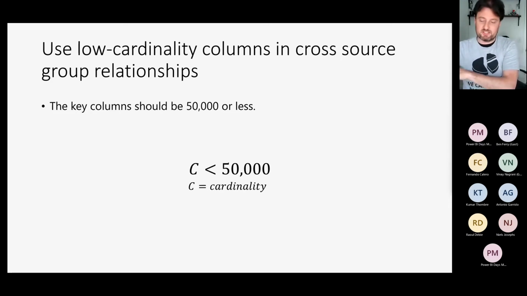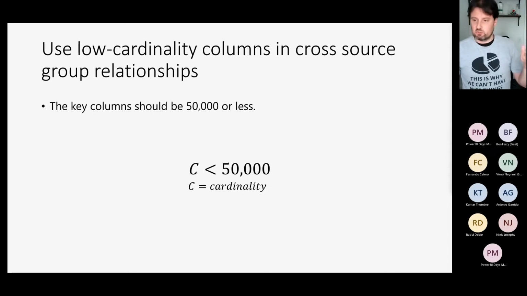You see now why this is not optimized and why this might turn into performance problems, because depending on your source, they might be happy or might not be so happy. Also, by doing a cross-source group relationship, data about your customers, depending on how the relationship is built, is being shared with the other source, because the key information required to filter will be sent to the other source.